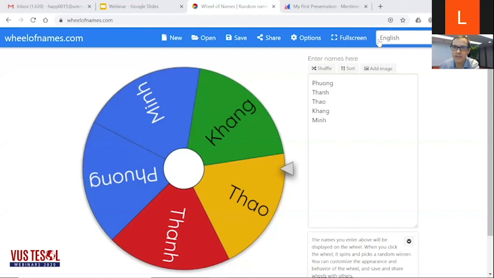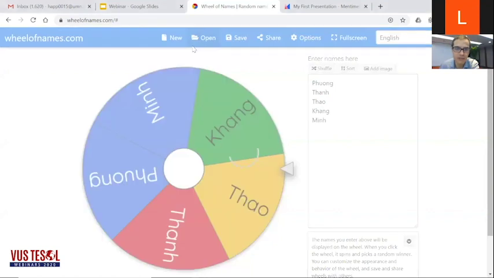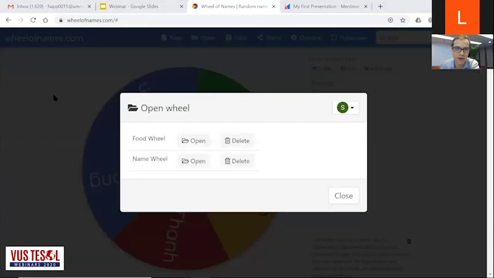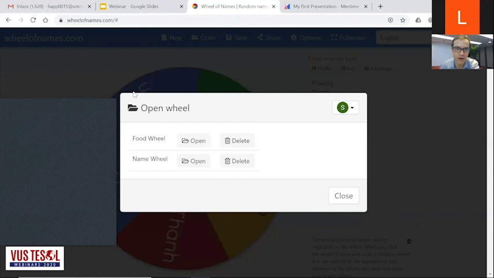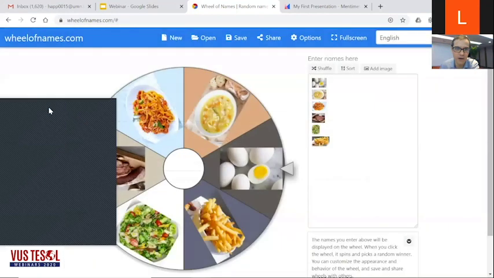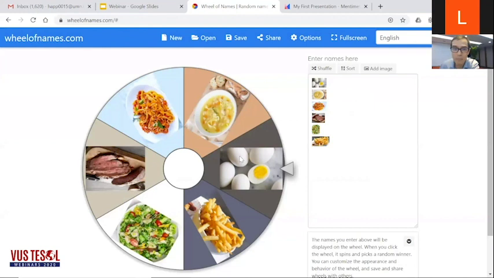Okay, now I want to show you something cool. Because my computer is lagging a little bit, I don't know if I'll be able to do this, but something that I created in literally 2 seconds before this webinar, and I hope it's going to work. It's a really cool way of presenting language here. You can actually import pictures into the wheel. All of my pictures, I just took 1 minute, I Google imaged all of these pictures, and I popped them into wheelofnames.com.